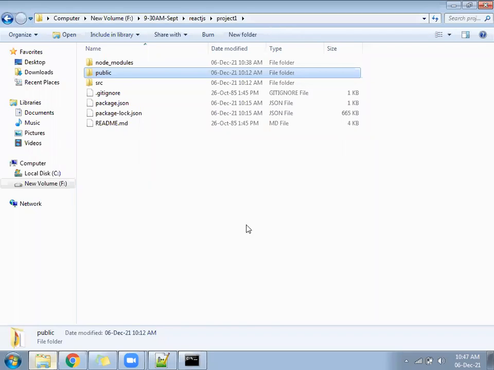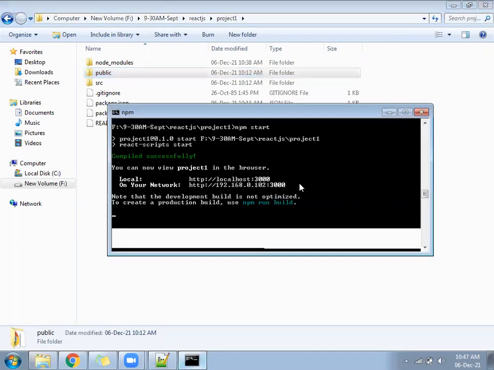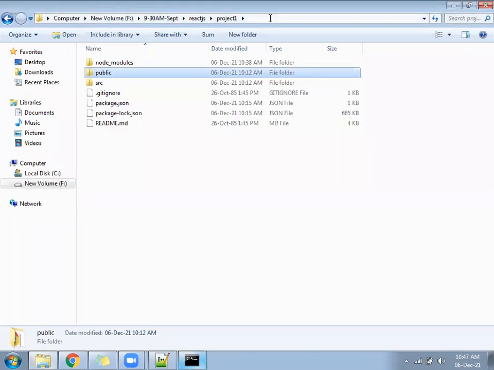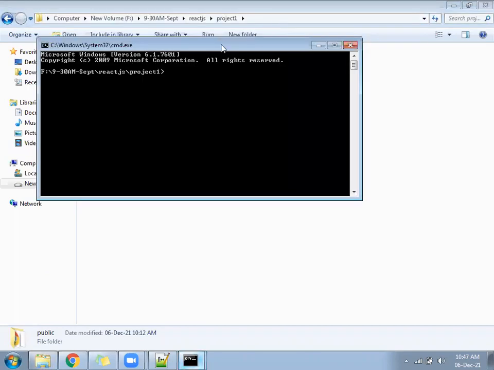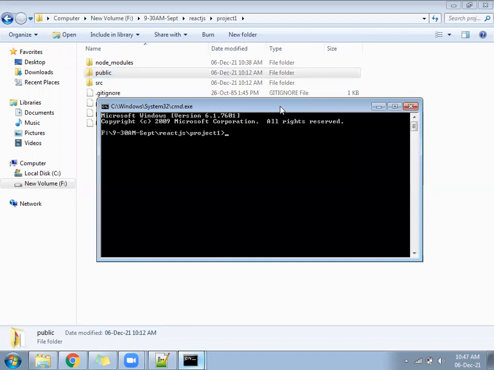One CMD is running. We are not going to touch anything in that. Assume the live server is running. If you stop the live server or do anything, your project will get stopped. Again, you have to recompile. So this CMD we will not touch. Go to the project folder and open one more CMD.